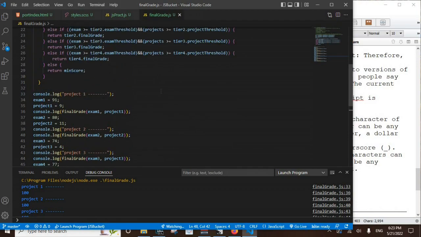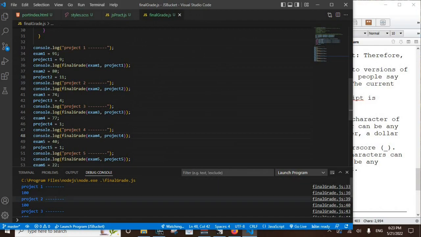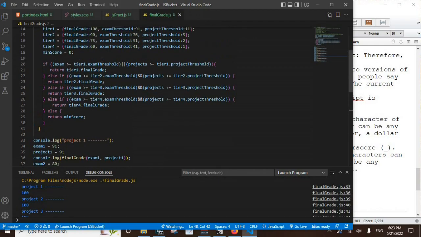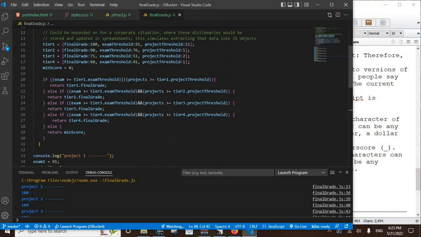Regardless, that should be fine because everything's 100, because I had the exam as 91, so the exam was at the threshold for greater than or equal to. Again, being very clear, you don't have to do the mental add 1 with more than. What you see is what you get. If it's 91, then you're in this tier. If it's 76, then you're in this tier. Except you have the and here, which we're going to go through.